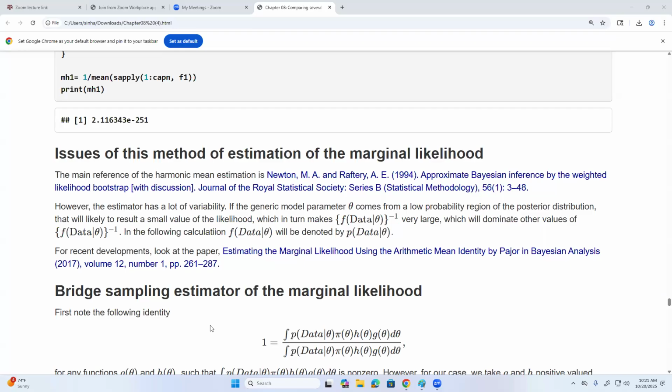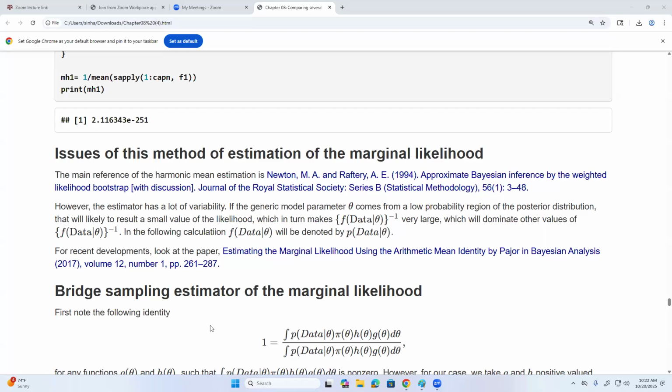And there are different methods. We talked about one, which is the harmonic mean method. And the very first one, which is simple Monte Carlo integration of the likelihood function,